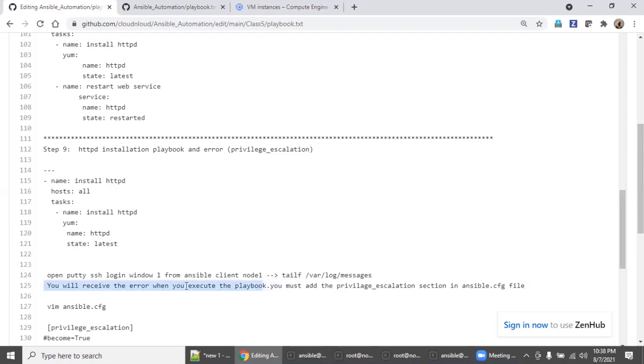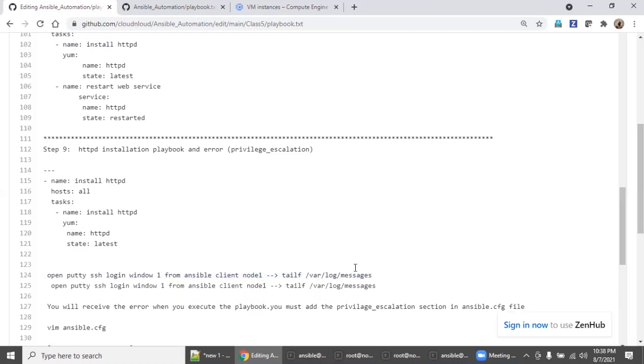And the same from node 2, you have to run watch -n1 yum list httpd.